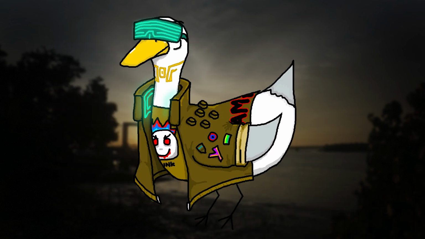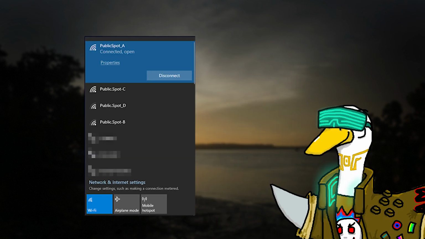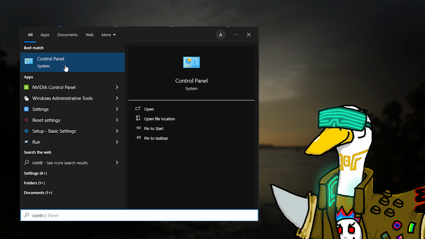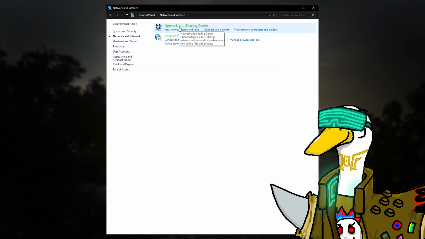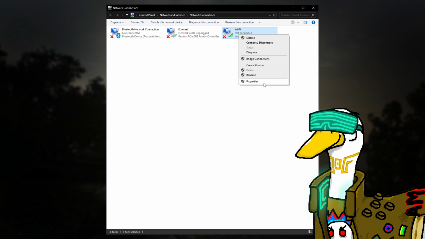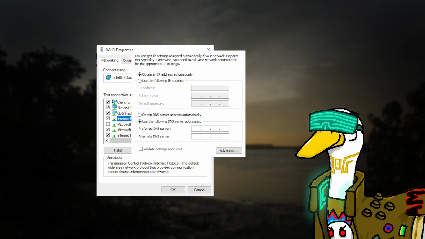A reminder, if the network is the kind that requires you to log in and you cannot access the login page after installing DNSCrypt, you might want to do this. Connect to the public network, but don't enable the proxy for your adapter yet. Instead, go to your network adapter settings in Control Panel, Network and Internet, Network and Sharing Center, change adapter settings. Right-click your Wi-Fi adapter or other adapter that you are using to connect to the network. Click Properties, double-click on Internet Protocol version 4, clear the preferred DNS server, leave it blank,